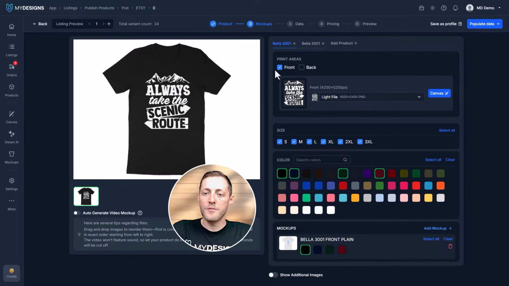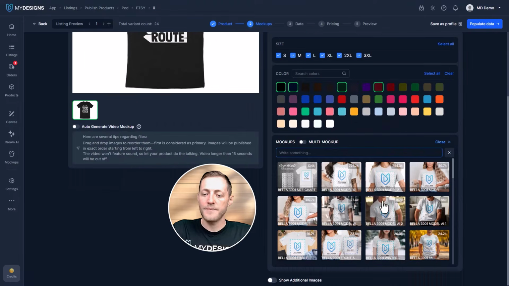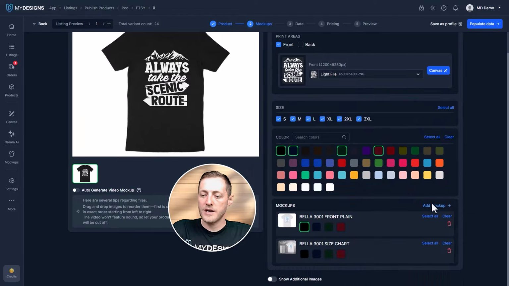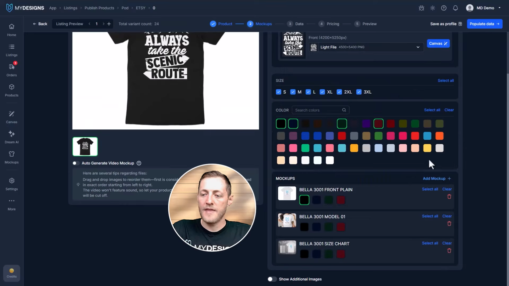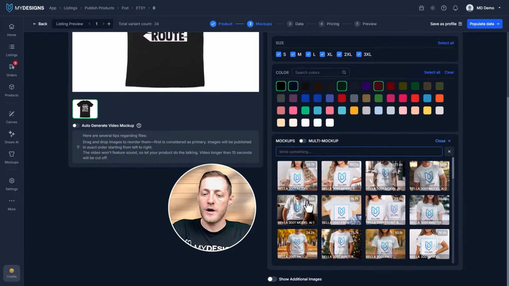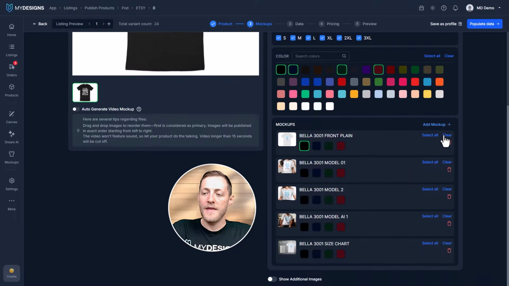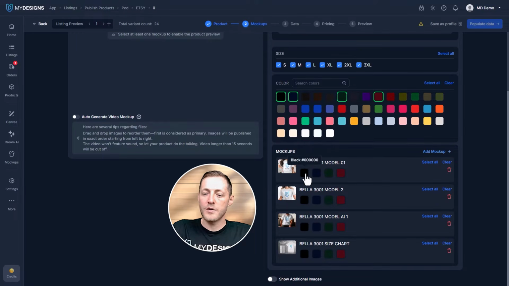And then we're going to add a few mockups for this particular light version. So I'm going to click Add Mockup, and we'll just select a size chart. Add mockup again, and then we'll just go through and select a few of these first options. We want to also include a male model, and then we're going to delete this flat lay mockup. Now I'm just going to go through and select these